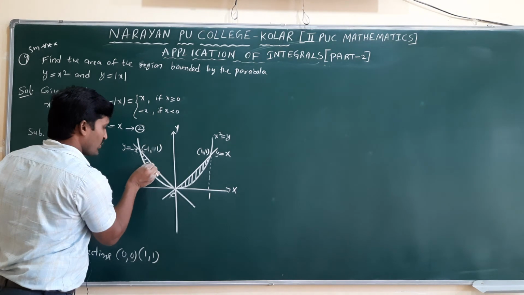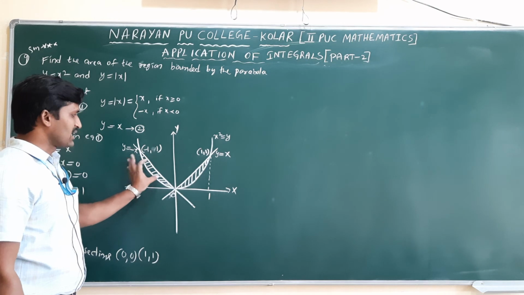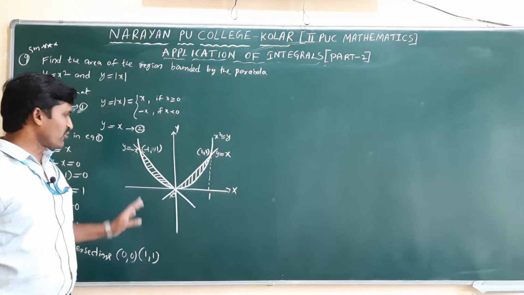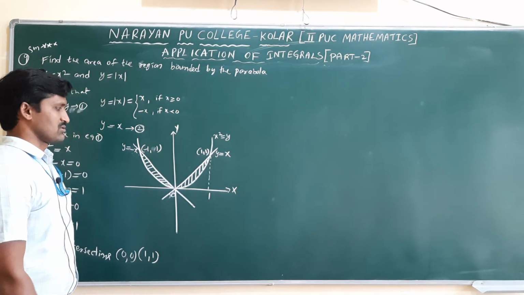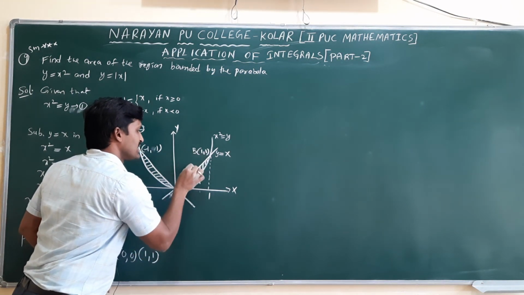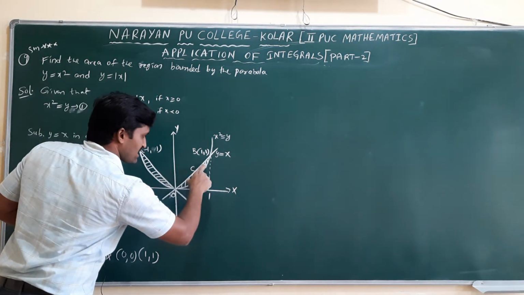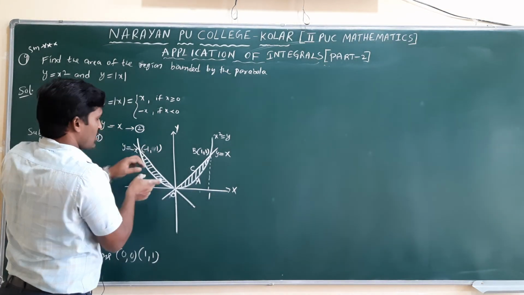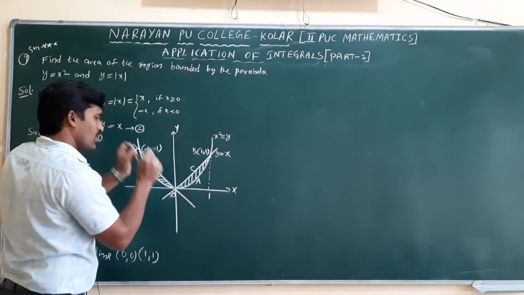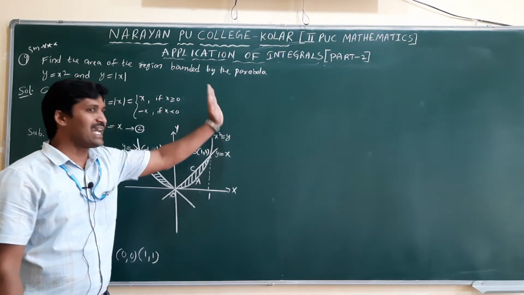Now both these areas we need to find here, they are not restricted to only the first quadrant. But to find this area and this area, finding 2 times this area is enough because both are symmetric parts. I am not finding both areas separately, it is not required. That is why I will find only this region O, A, B, C, O and make it double. Why double? Whatever area exists here, the same symmetric part we will get, because the distance from 0 to 1, 1 is root 2 only, and 0 to minus 1, 1 is also root 2 only.